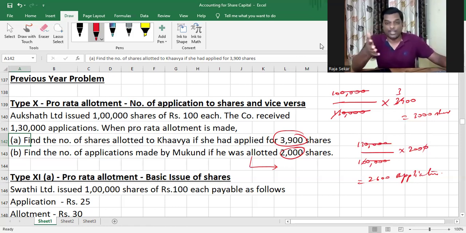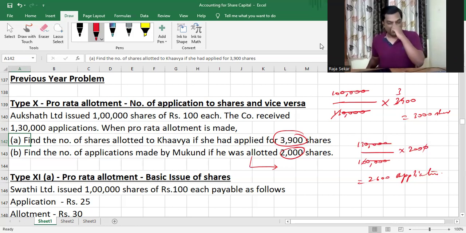If I have to pay you 10 rupees and you have to pay me 12 rupees, I would rather say that I have to pay you 10 and you have to pay me 12, so I'll just set off the 10 I have to pay you against that 12. So you only go ahead and pay me 2 rupees. That makes more sense instead of me giving you 10 rupees in your hand and again asking you to pay me 12 rupees. So that doesn't make sense, right? So that excess application money comes into play whenever pro rata allotment happens. And that, my dear children, will actually become your headache when you're solving the 6 mark problem.